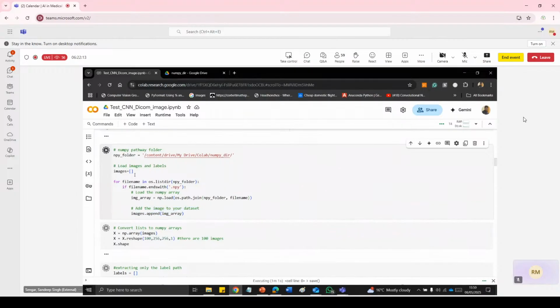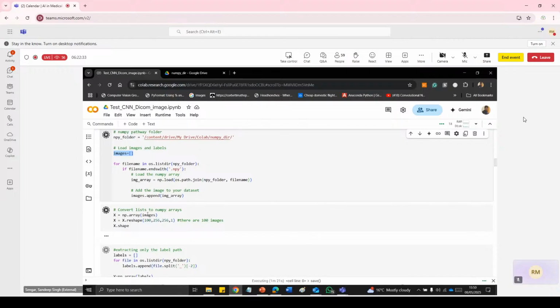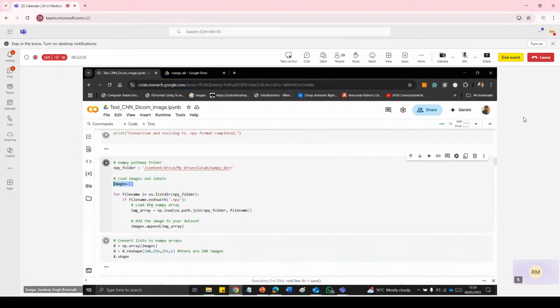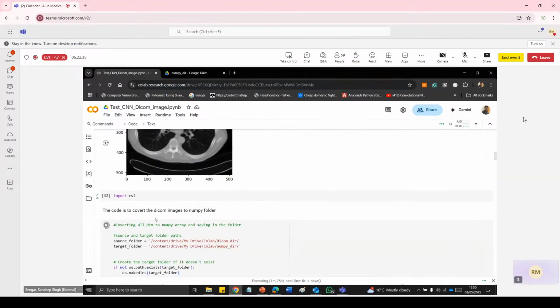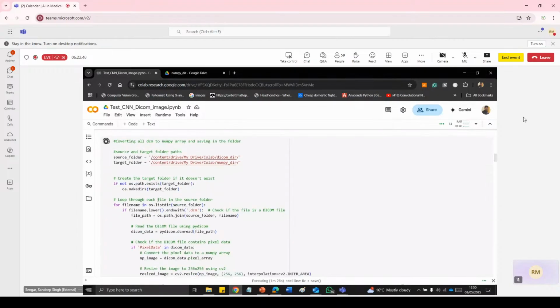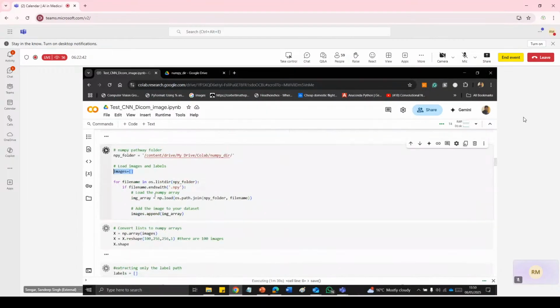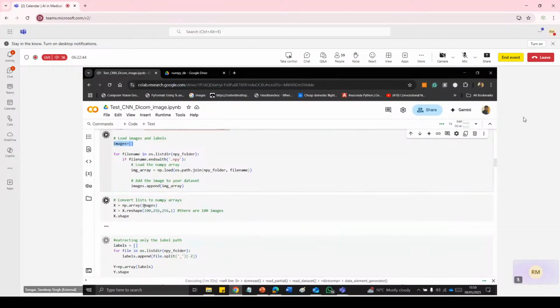So here what we are doing, actually, we don't want to read from images all the time. We are creating one array, image array. In image array, we are going to collect all images, right? We are going to store all images in image array. So for that purpose, first of all, we are going to load that particular image, and we are going to append it to that image array, right? If you do this, there's a problem. It is taking time in the NumPy one. Okay, so here, once we do this,